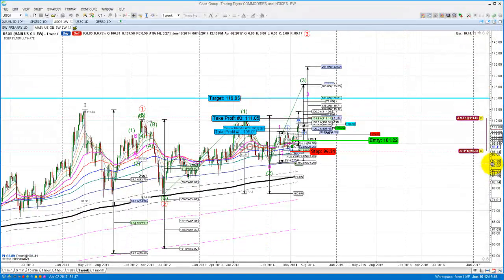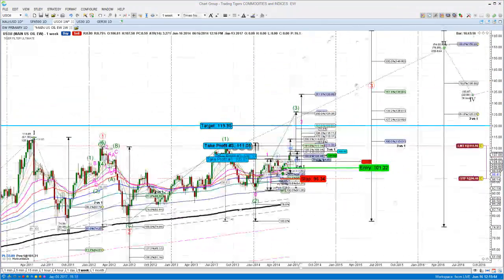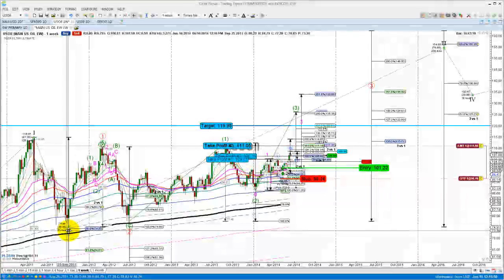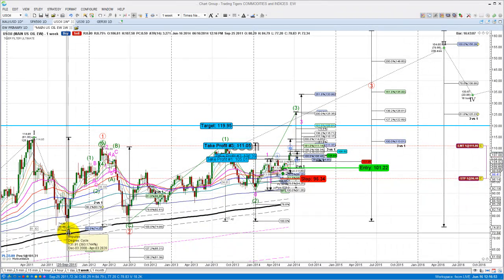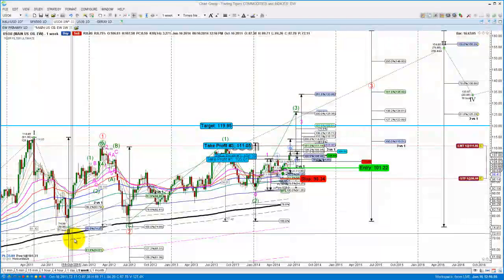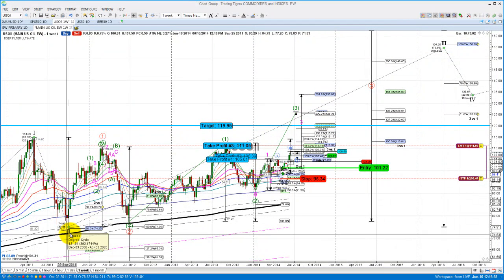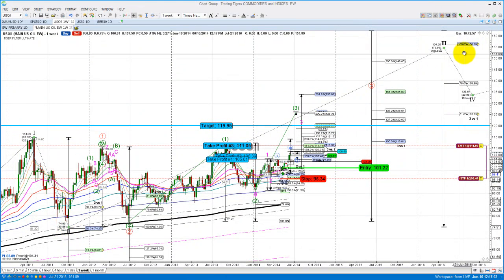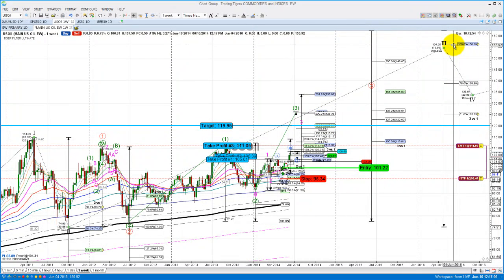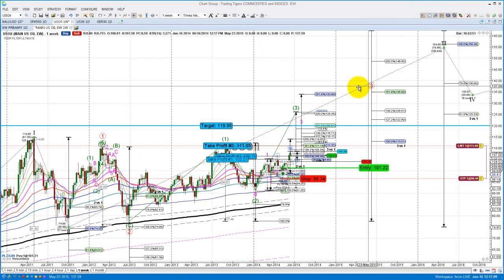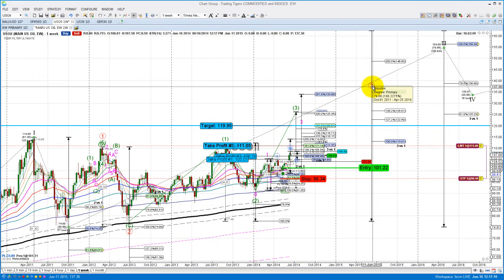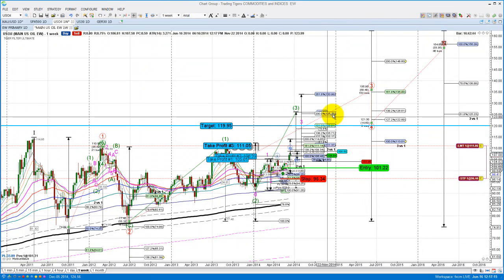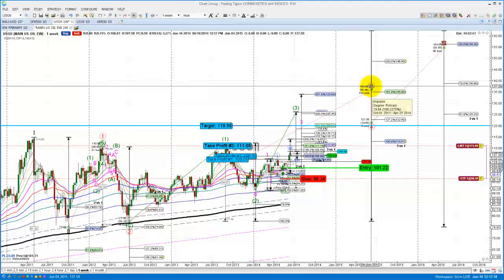Its wave structure is breaking that further down, and so when we're looking at the larger wave degree patterns, if we take this wave here, which is the cycle degree, which is the larger wave, if that's the wave 2, then the wave 3 of 100% will end around here, 155.92. We break that down, the primary, that's red in circles, it's wave 2. We take that at this level, then the wave 3 is possibly to end